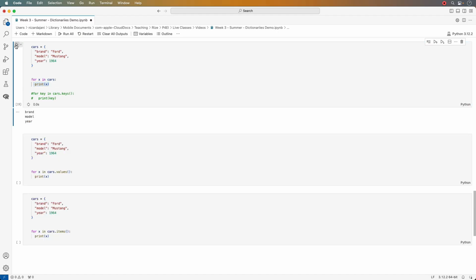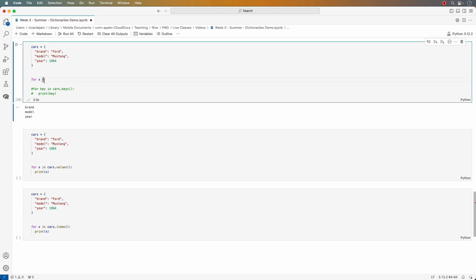let's run that, and I get basically a list of keys. All right, now I got keys even though I didn't specify keys. So here's something to watch out for. If you want to loop through cars just by the name of the dictionary without specifying keys or items or values, then just saying for x in cars is going to return just keys. But you can also call it, let me get rid of this, you can also call it by calling